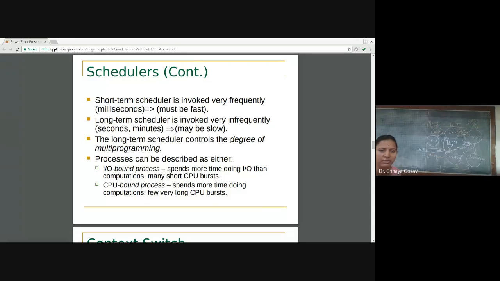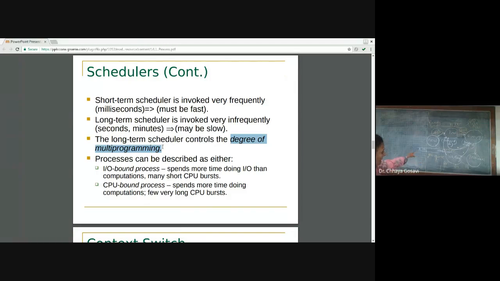The long-term scheduler controls the degree of multi-programming. Now what is the degree of multi-programming? It is the number of processes currently in execution, in whatever state they may be, in main memory.